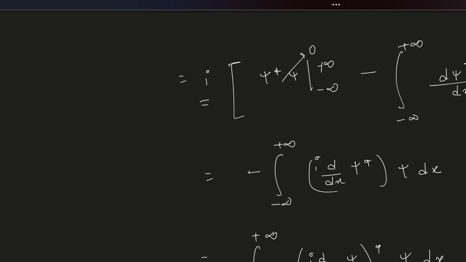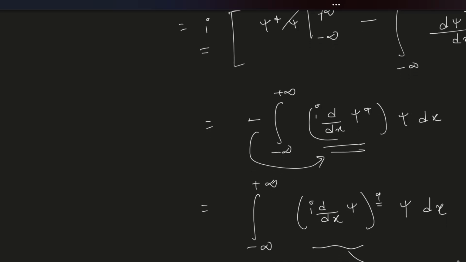Now i becomes minus i because of this complex conjugation sign, and d/dx is real, so it remains d/dx under the star sign, and psi can be complex, so psi becomes psi star. So this is the same as this thing with a negative sign taken inside. So this is how we can express this thing in alternate terms. So ultimately it tells you that this is minus to plus infinity, this is our operator, main operator A cap,